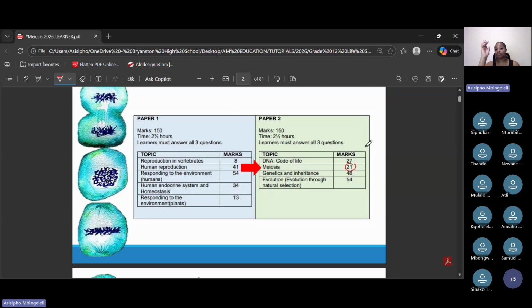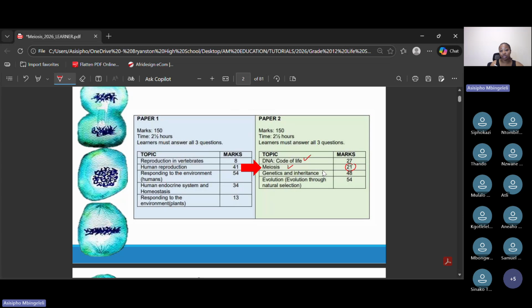Because there are a few elements of challenging questions, but anything that is basic, anything that is asking you to explain or describe, that's something that you should be able to get full marks for. So then we are giving a leeway of about 4 marks to say, if you made a mistake here and there, that's fine. So we've already covered DNA, and we are busy with meiosis,